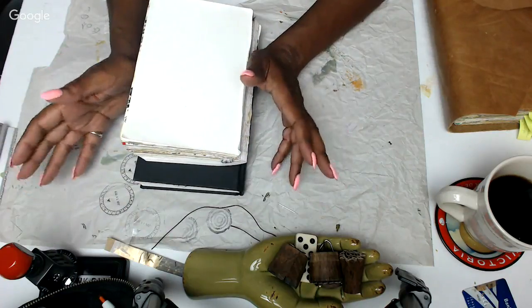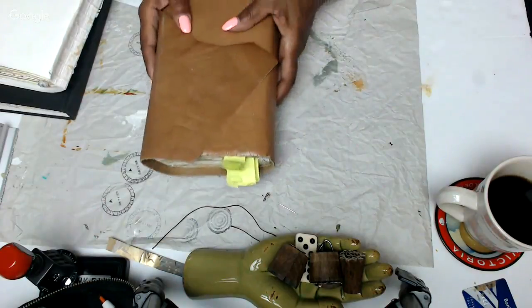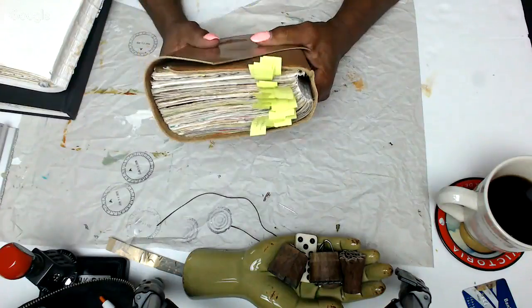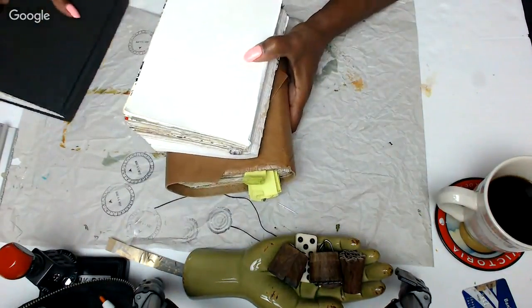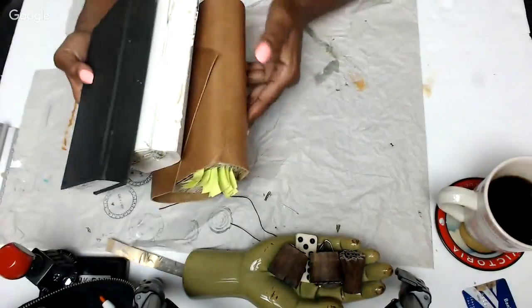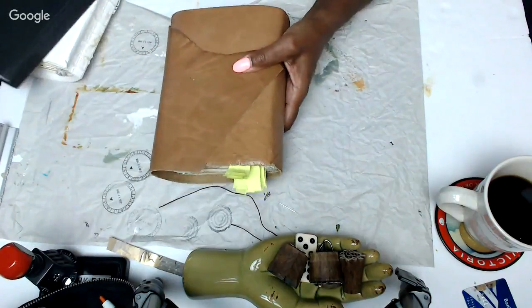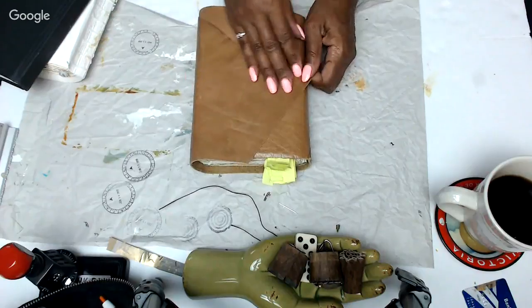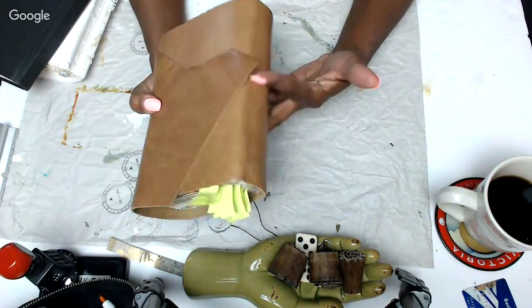So I wanted to show you where we're going to move to. I'm going to show you how to do a simple leather cover like this. Here, this is the same book that these journals are, the same one we're working with in progression. So it starts like this, it moves to that, and then I move it to here. And I like this solution because it's a very easy and quick solution, and you can still finish it off with, I had actually put a band around this, but